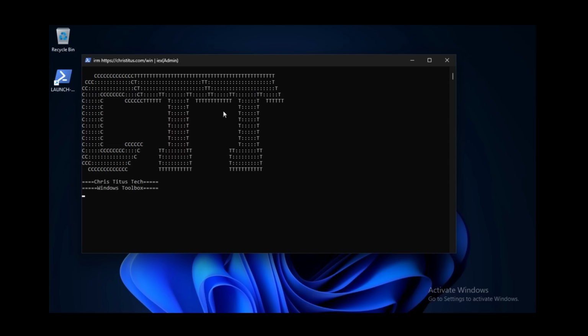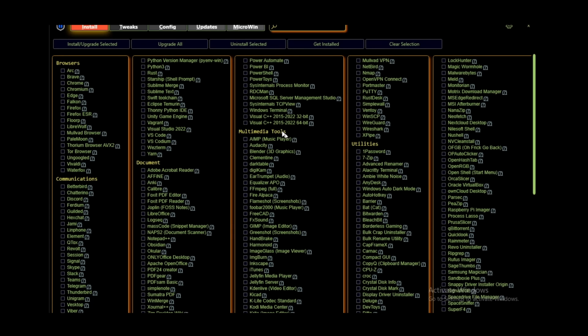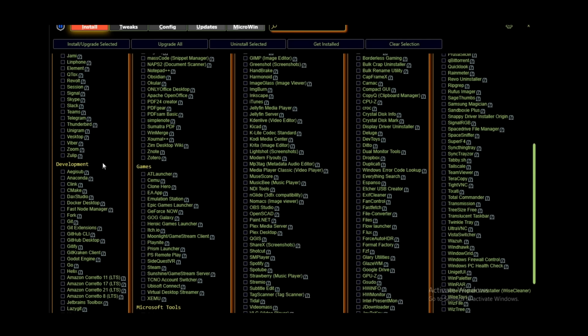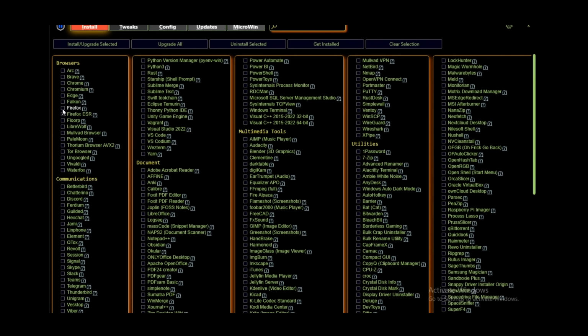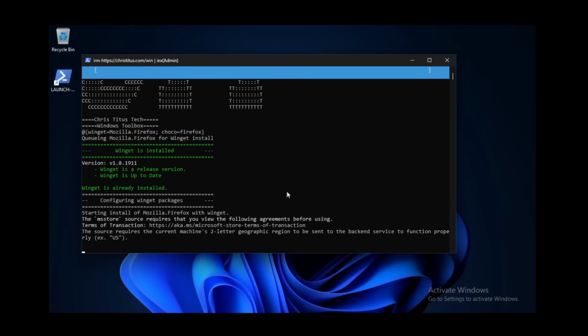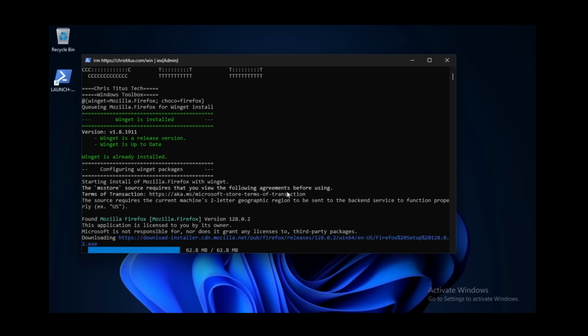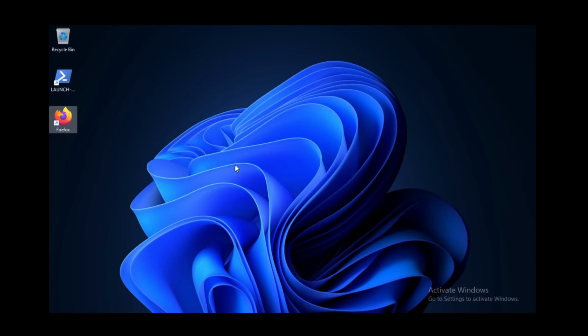Now, this particular install does come with a tool if you do want to start installing things, because it's so bare, because it's so minimal. There's hardly anything on there, not even Microsoft Store, you can't use that. Some other things don't work by default, so you use this tool and now you can tick and install things. For example, if I tick Firefox, I can go ahead and install that and it will install the official version of Firefox for me. So this is kind of a one-stop shop to install what you want to install on your copy of